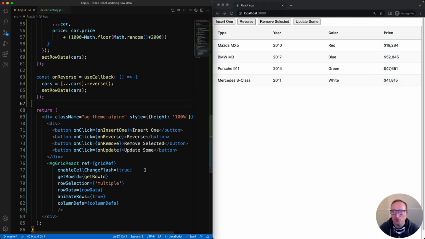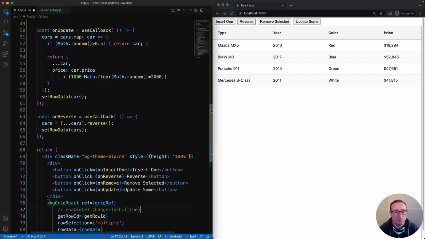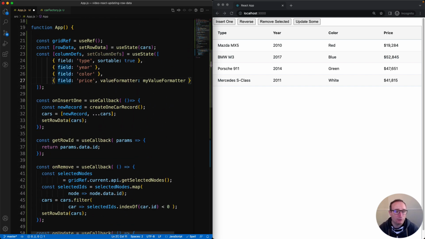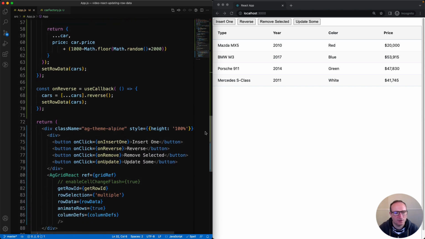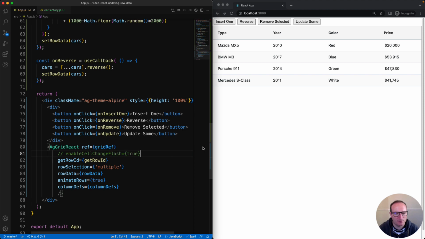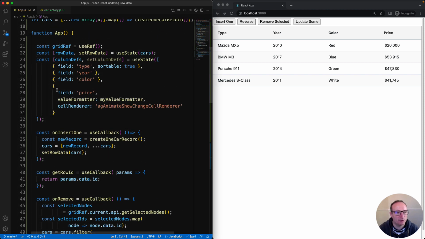Sweet. Wouldn't it be even cooler if the grid not just flashed a cell, but actually showed us what changed? That's possible using one of the grid's built-in cell renderers. Here I'm going to program in the animate show change cell renderer. So I've disabled the flashing down here. I've taken this line out, and then up on the column definition for the price column, I've now specified this cell renderer here. Now it's a string, which means the grid's going to look this cell renderer up, and the AG animate show change cell renderer is one of the cell renderers that comes with the grid out of the box. Now when I click on update some data,